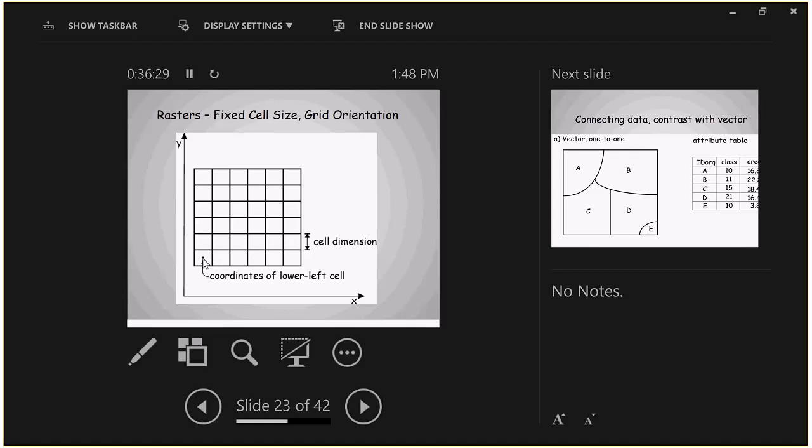So if the coordinate for this cell is 10, 10, and the cell dimension is 5, what are the coordinates for this cell? XY. So the X would be what? If this is 10, 10, and this distance is 5, what's the coordinate for that cell? What's that? The coordinates for this cell would be 15, 15. I think somebody said 10, 15, right? So X would be 10 still. Or, yeah, sorry, Y would be,